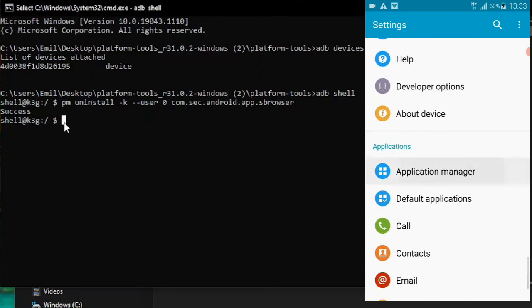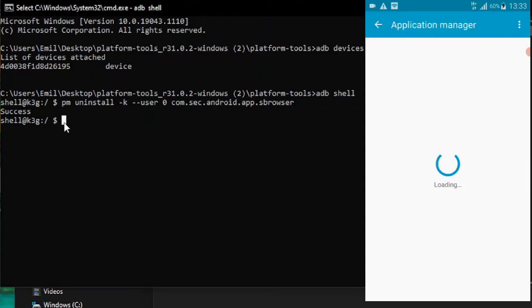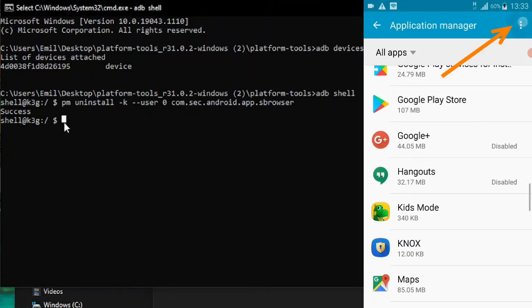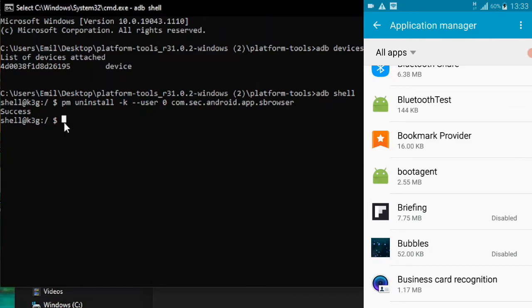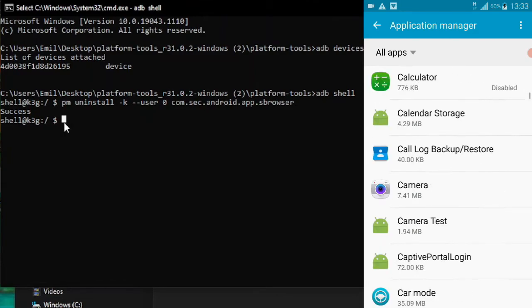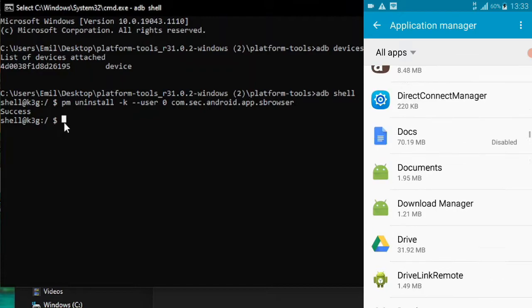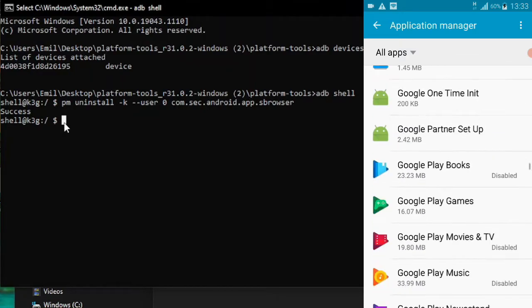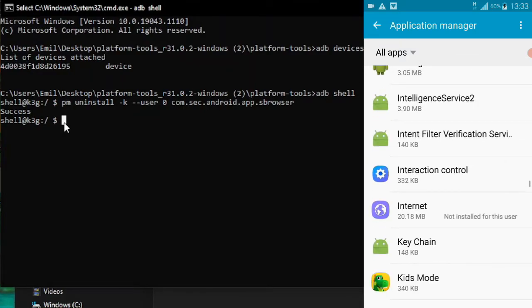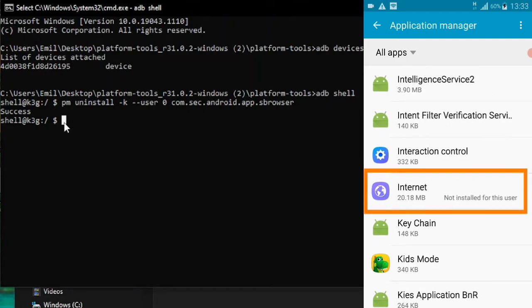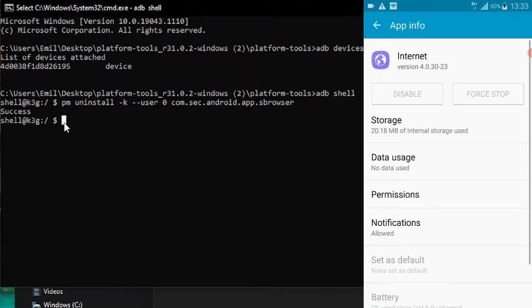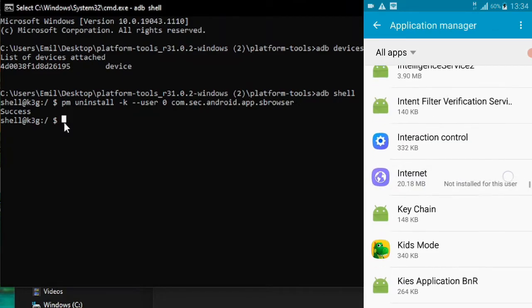Application manager. You need to sort by system app. Search for internet. You can see it says not installed for this user. It means it has been uninstalled for your user.